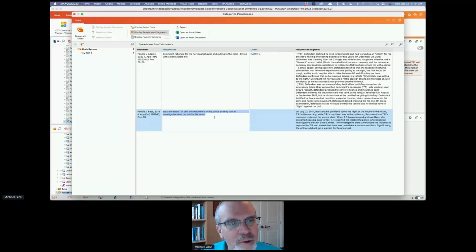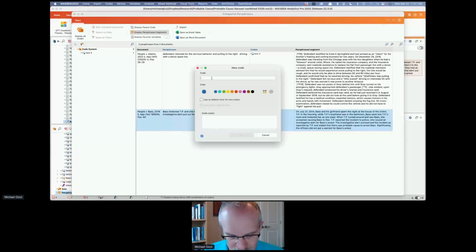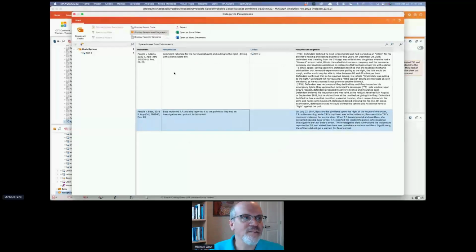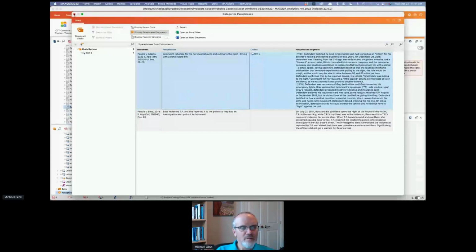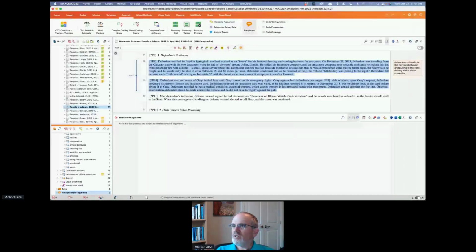I'm going to copy that paraphrase, create a new code, and then paste my paraphrase into the code memo. The reason I do that is so that I can explain why I created it. In this instance, that's not saying anything, but I would assume that my paraphrase would help me define what the code means. I'm just going to cancel that because I don't need it. Hopefully that answers the question there. And back to the chat.